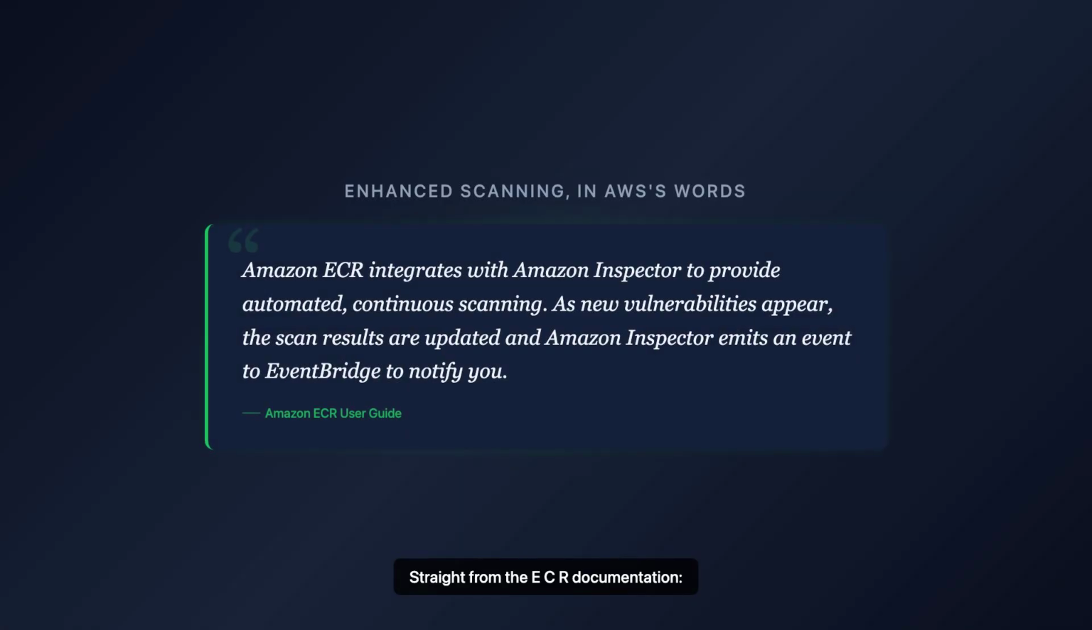Straight from the ECR documentation, Amazon ECR integrates with Amazon Inspector to provide automated continuous scanning. As new vulnerabilities appear, the scan results are updated and Inspector emits an event to EventBridge to notify you. So when a scenario asks for continuous rescanning of stored images with automated notifications, that's your cue for enhanced scanning,